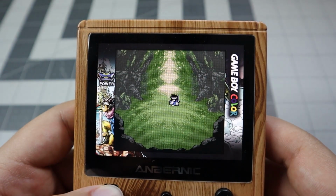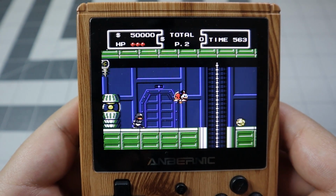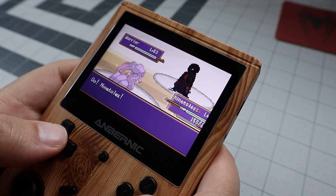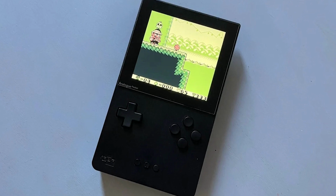I prefer using the 351V for emulating classic games. Sure, anything GameCube and above, I'll use my Steam Deck. But for anything classic, retro, or even something like a Pokémon ROM hack, I'm just gonna play it on the 351V. The Analogue Pocket also looks really cool, and it's getting better every day, but it's taken a little longer